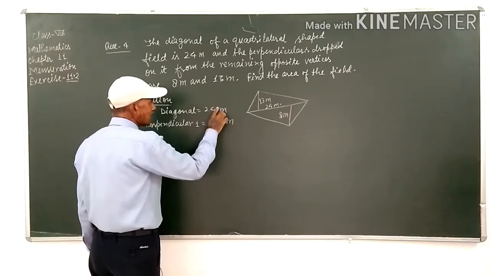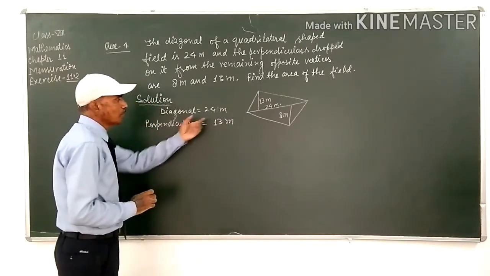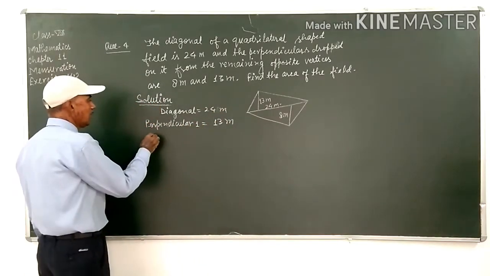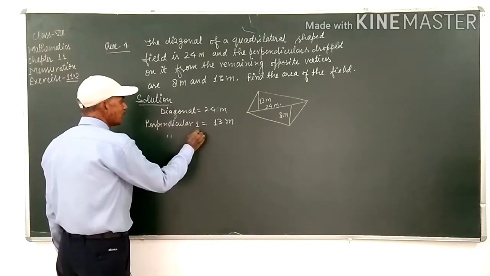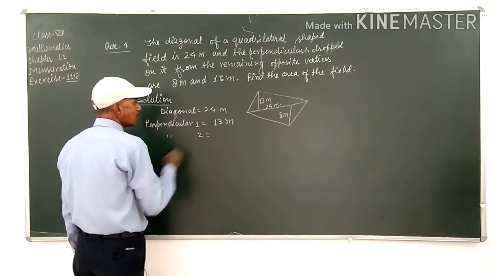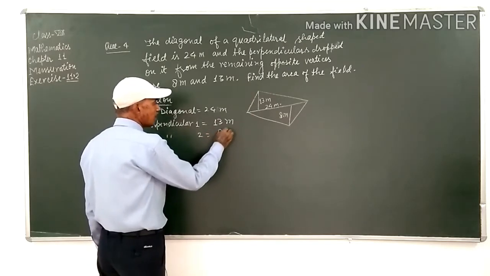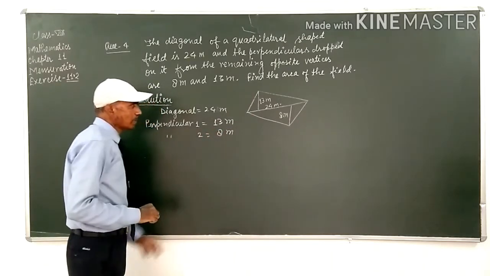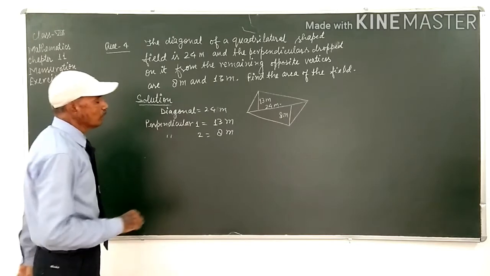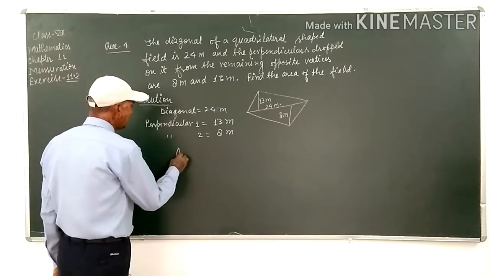This is in meter, students. Perpendicular first is 13 meter, and perpendicular second is equal to 8 meter. Clear, student? So the area of the quadrilateral